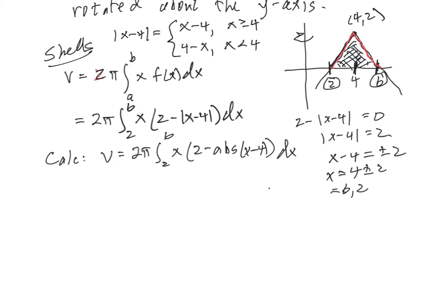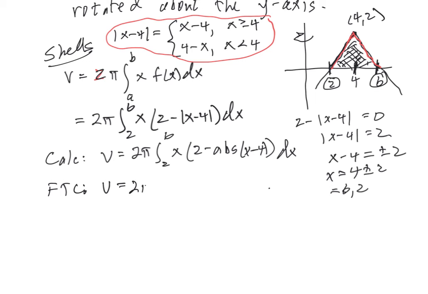You can see we have a line with positive slope on the left-hand side and then a line with negative slope. And those lines are given by this form right here. And so by the fundamental theorem,